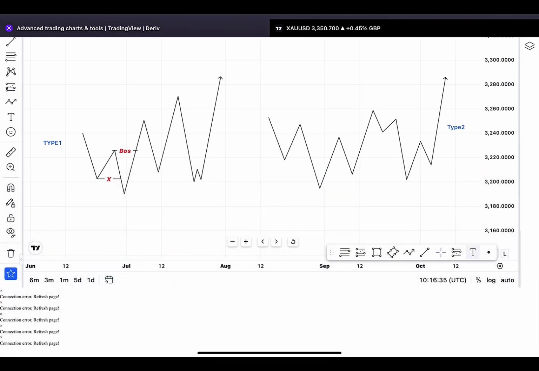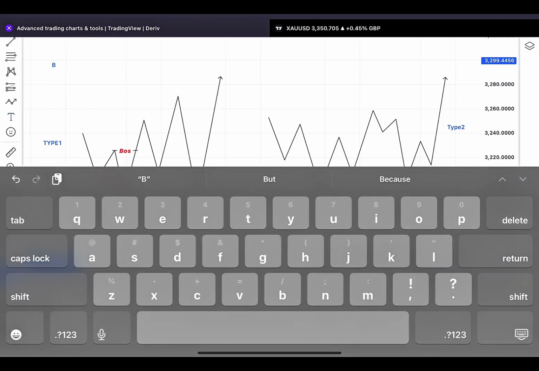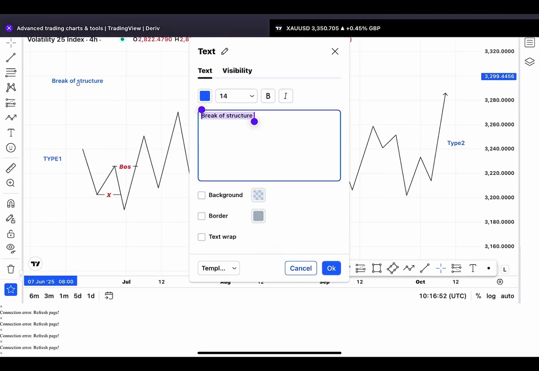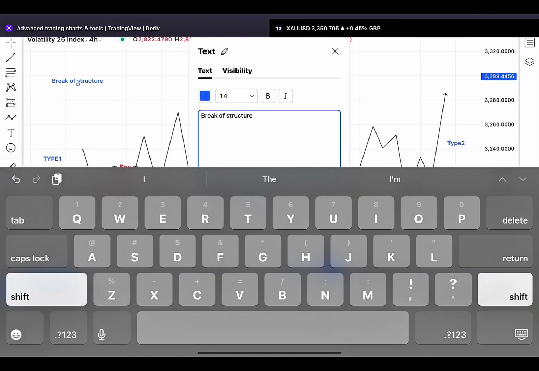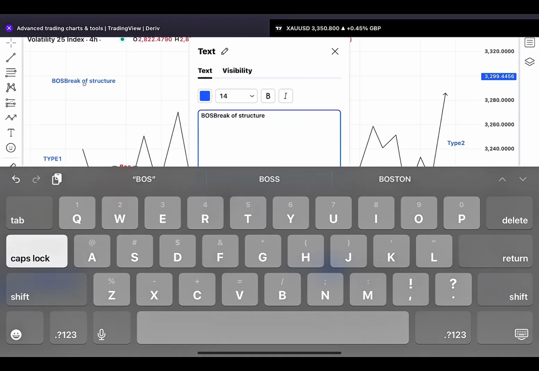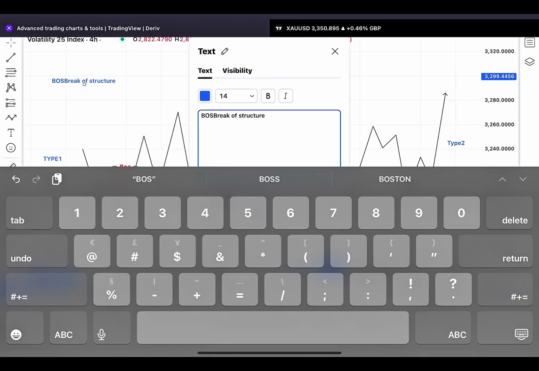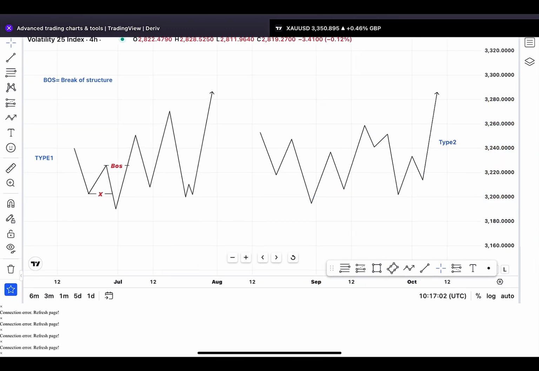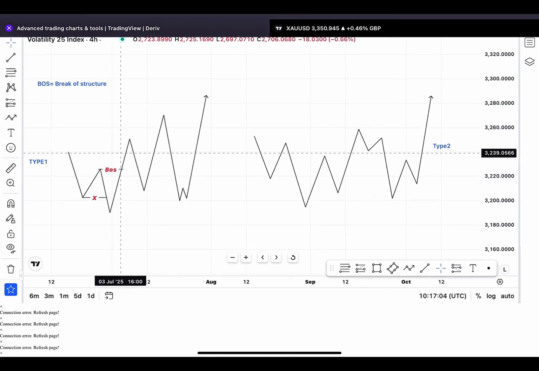BOS simply means break of structure. That's what we call BOS, break of structure. So as you can see, the market now pulls back